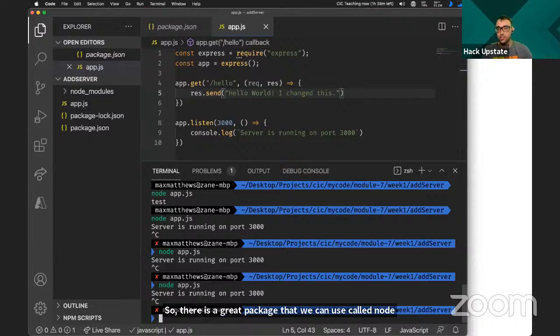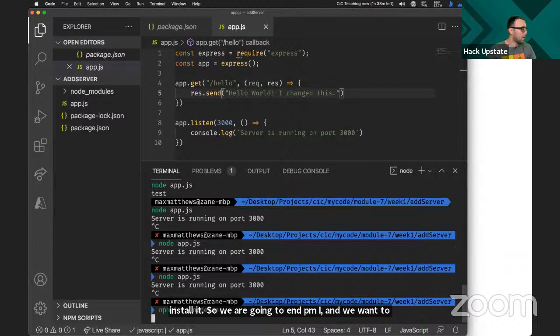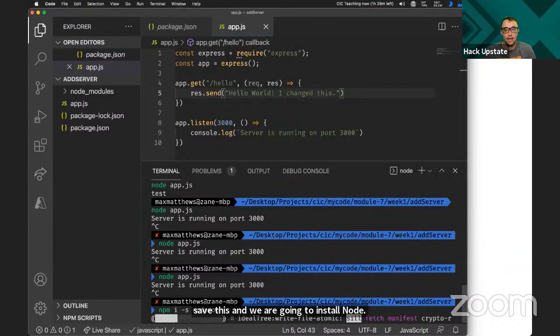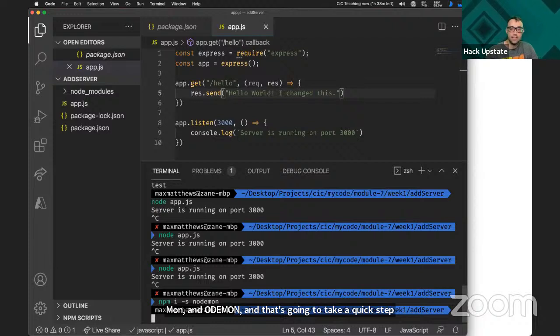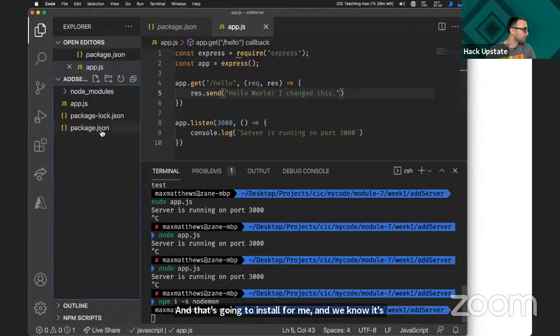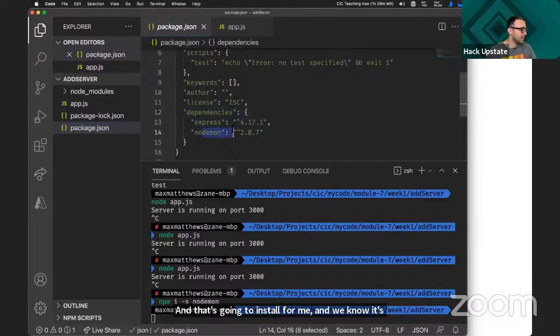Well, it's a package, so we need to install it. So we are going to npm i, and we want to save this, and we are going to install Nodemon. And that's going to take a quick second, and that's going to install for me. And we know it's installed because if I go to my package.json, I can see I've got Nodemon as a dependency now.